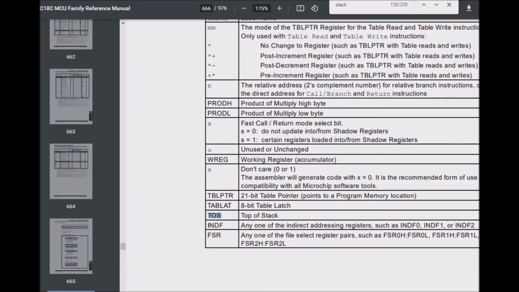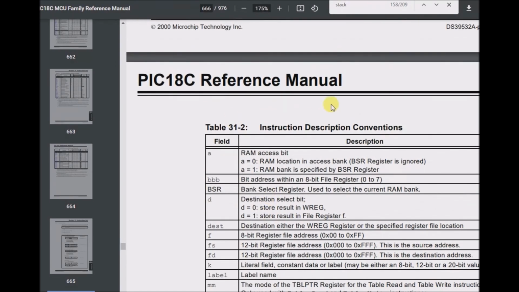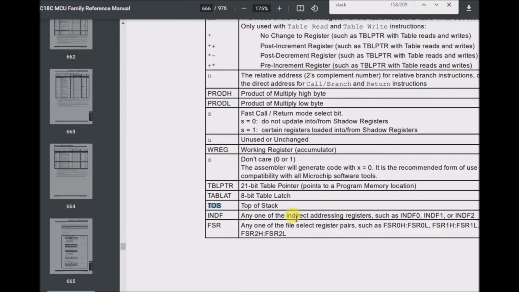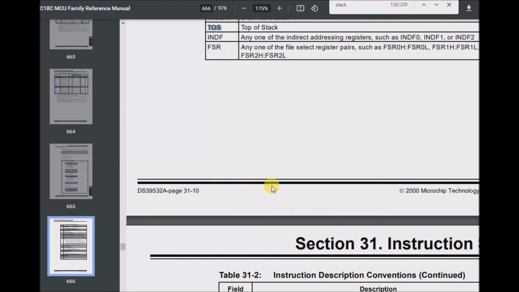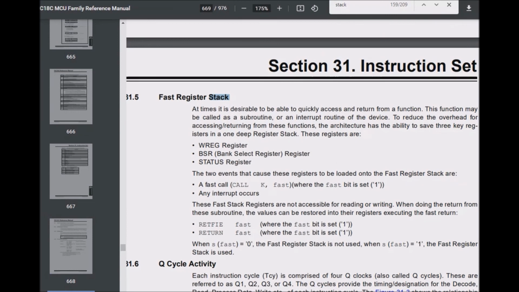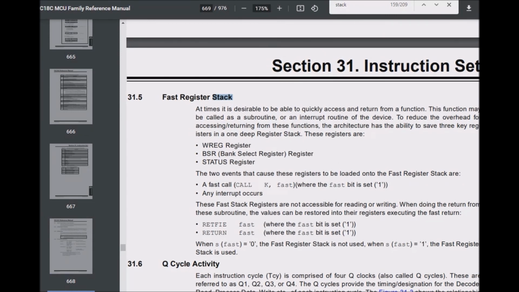What is that? So these aren't instructions, they're like addresses for registers, like special function registers. So still on this same section,